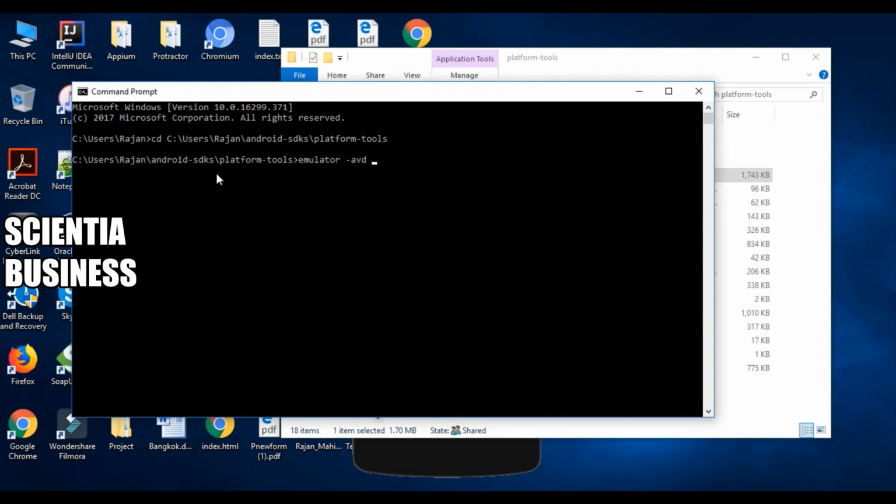We gave the name of the virtual device as demo underscore 1, right? You just need to click enter and it should launch the virtual device. We'll wait a few seconds and we'll see that the virtual device is successfully launched, right?